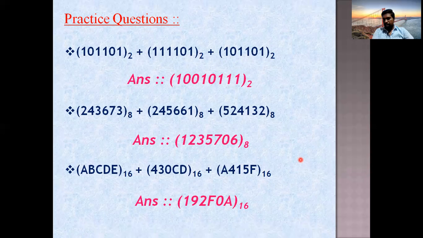Okay, so we missed one model here, that is decimal addition. We saw binary addition, octal addition, hexadecimal addition, but we missed decimal addition. Why? Because we already know how to perform decimal addition. Decimal numbers are the numbers which we use in day-to-day life. So we know how to perform normal addition. So that's why we no longer need to study them. Decimal addition is the method that we follow daily. Apart from that, these are the three different methods.